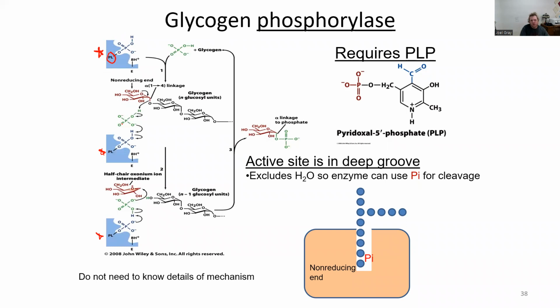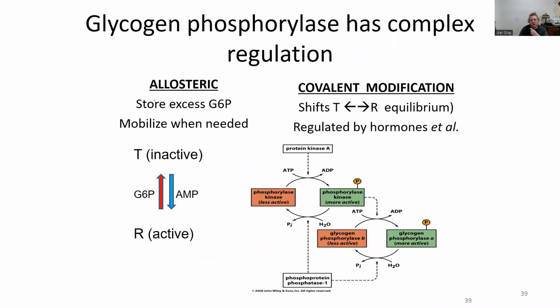And so that is basically going to put this phosphate group out so that it can be attracted to this inorganic phosphate molecule that we can then use to remove those individual glucose subunits. Now, glycogen phosphorylase, our enzyme that cleaves off the individual glucose 1-phosphate molecules, is going to be